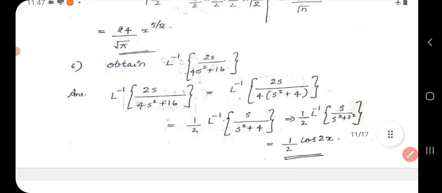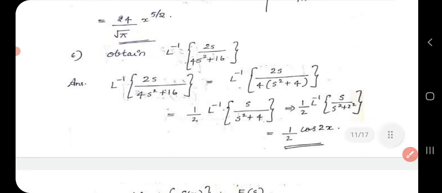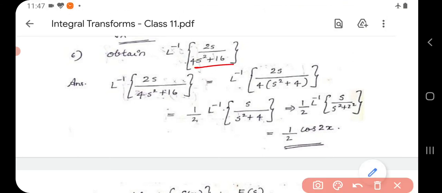Now L inverse of 2s by 4s square plus 16. So here you just rewrite this 4s square plus 16 as this one. Now 2 and 4 get cancelled. 1 by 2 is taken outside. The rest remaining is kept in the bracket: 1 by 2 L inverse of